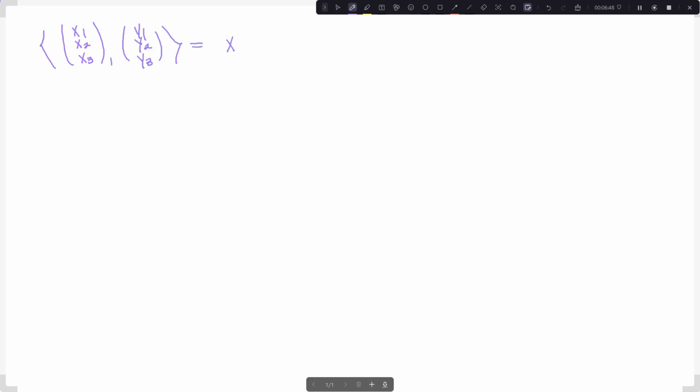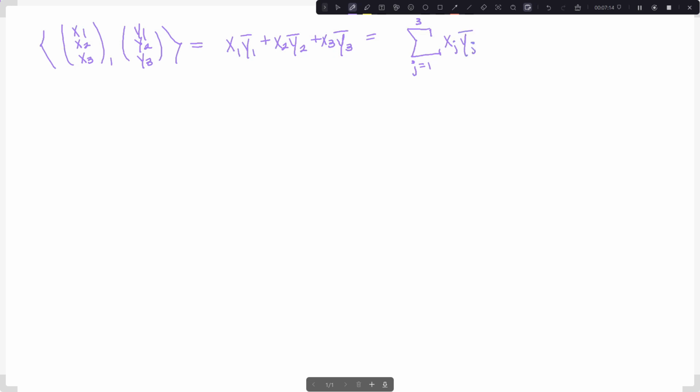And that is equal to, traditionally, x1, y1 conjugate plus x2, y2 conjugate plus x3, y3 conjugate. But now I'm going to represent this as a sum. j equals 1 to 3, x sub j, y sub j